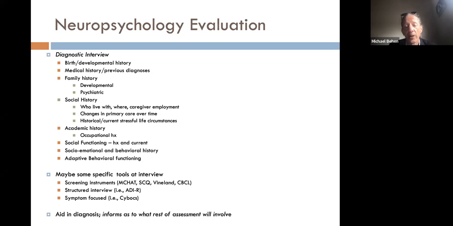Neuropsychological evaluations generally, and specifically with us, will involve a number of different appointments. So the first thing we're going to do with a family or an individual who's going to have a neuropsychological evaluation is go through their history. So we're going to want to know all about their